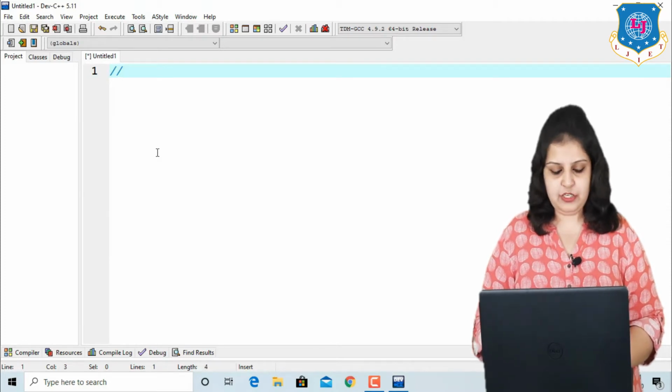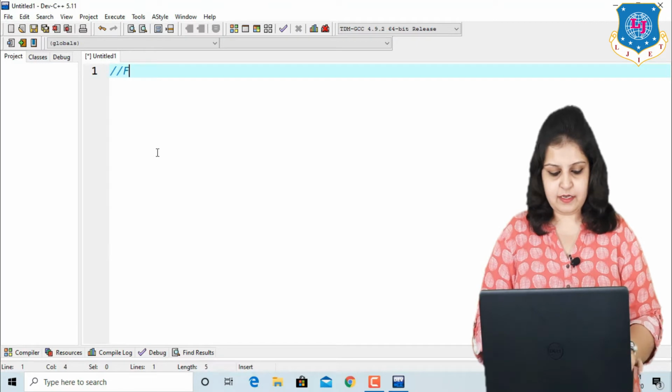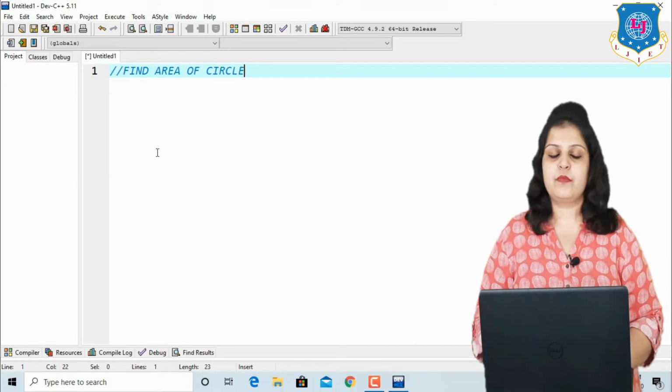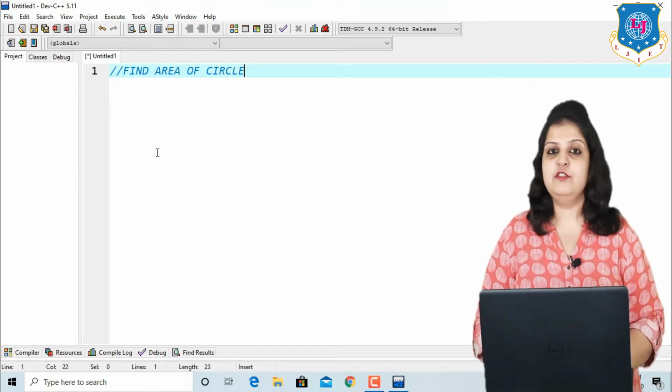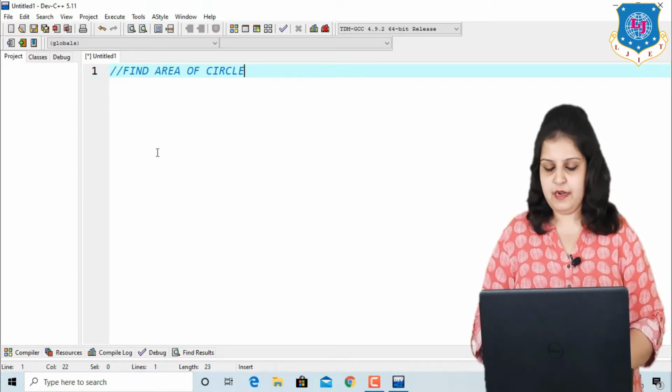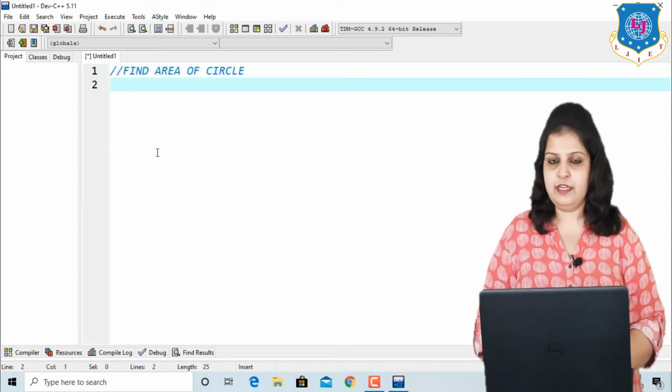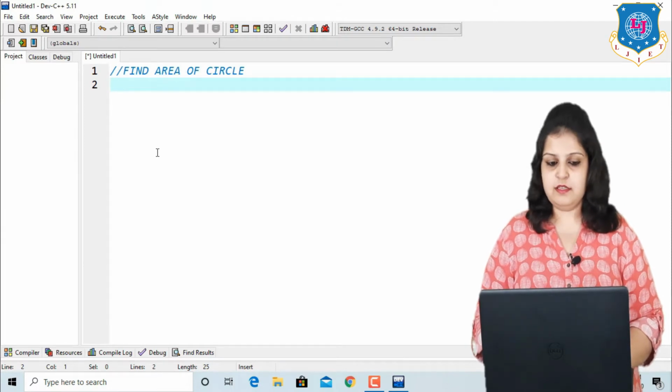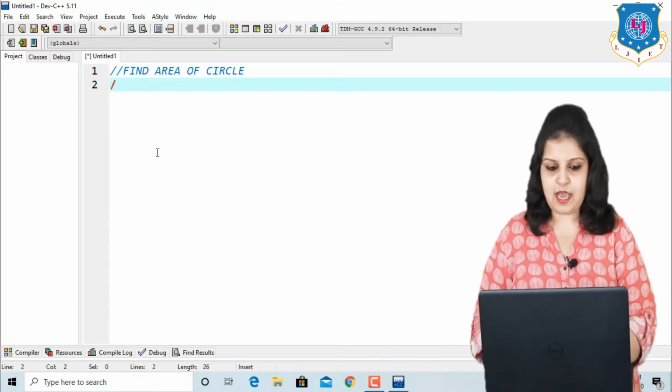Our first definition is find area of circle. So here double slash is used for a single line comment, and for multiple lines, how can we write it? Slash then star.